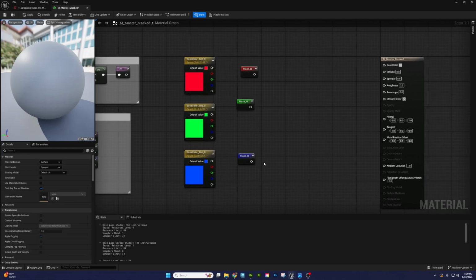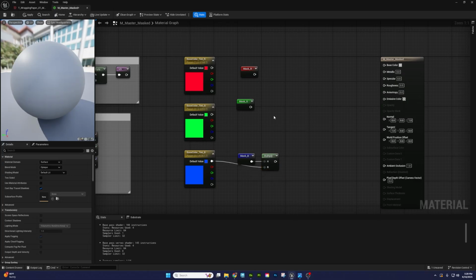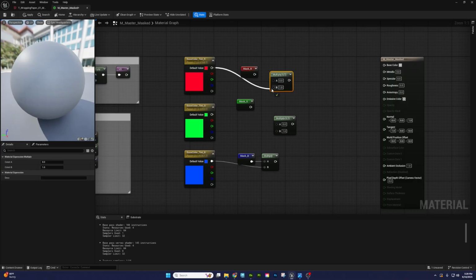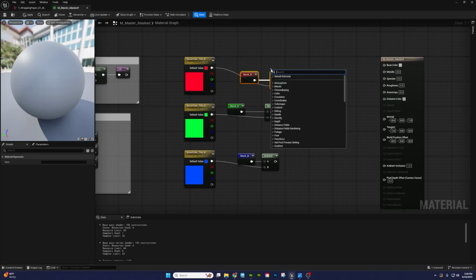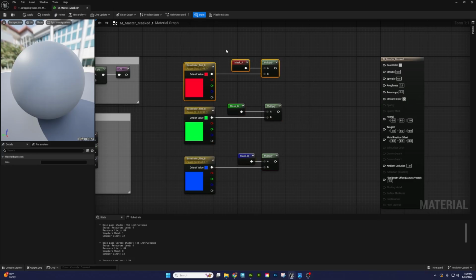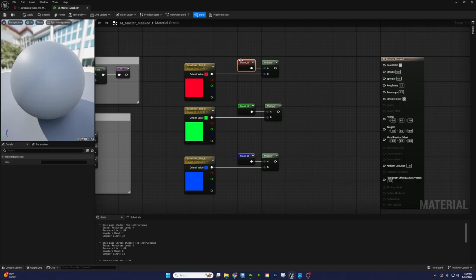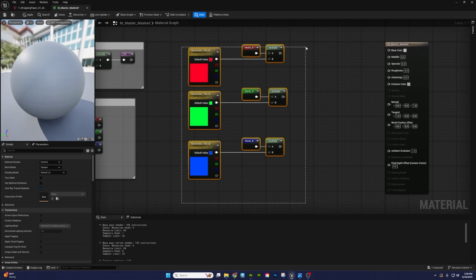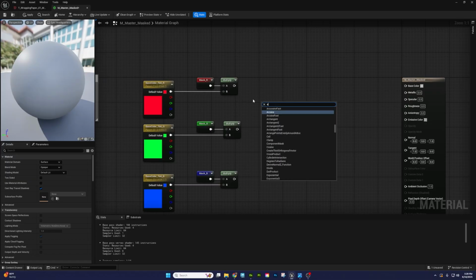And what we're going to do is multiply each of those by the colors that we have. So I'm going to add multiplies here. I'm going to do this, this, and this. And I'm just highlighting everything and pressing Q so the lines are nice and straight. And then we're going to move this a little bit over. We're going to right click and type add